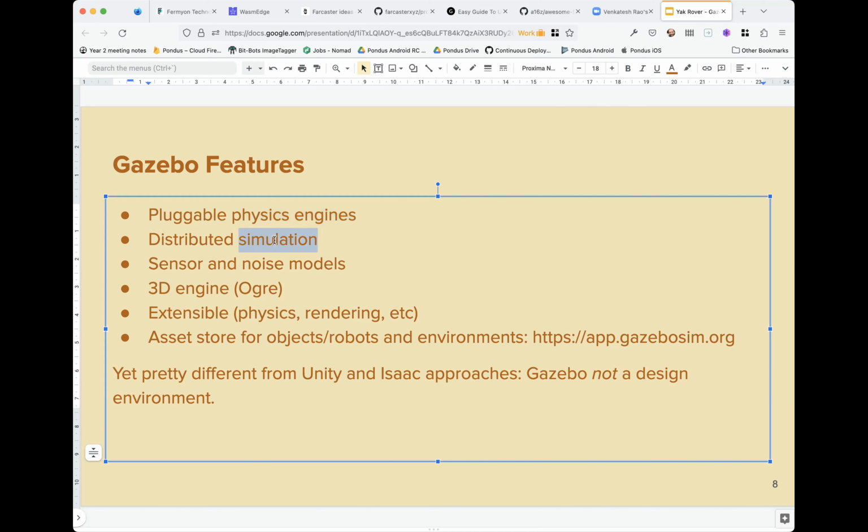Another feature that is interesting is distributed simulation. That means that we can run one simulation on several computers, typically a cluster and stuff like that. Making that easier is really interesting because we can see more and more need for larger scale simulations, typically for self-driving cars. But if we think of space scenarios, more interesting for us,